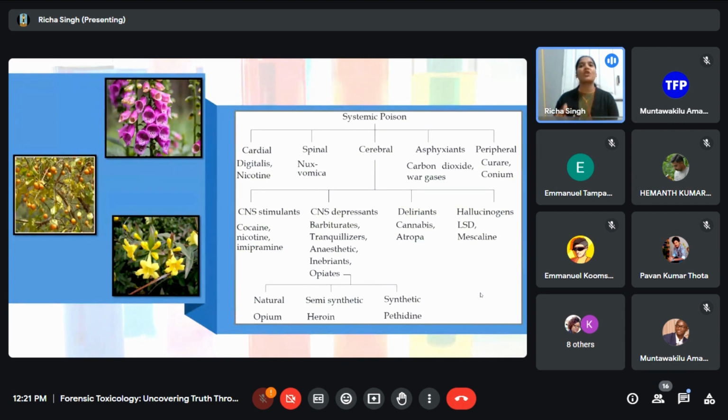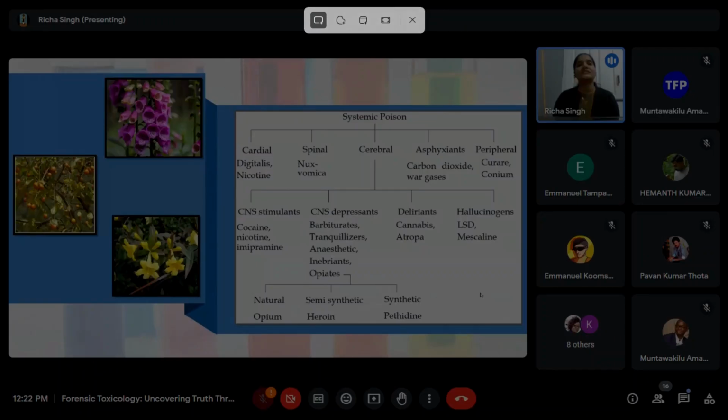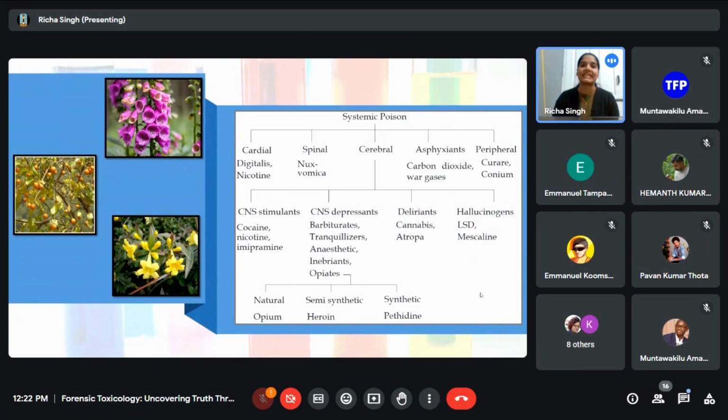The cerebral poison has a very broad classification. The first one in that category is CNS stimulant. What do we understand by CNS stimulant? It is the drugs which basically stimulate or give an up effect to our CNS, or the central nervous system, like cocaine, nicotine, imipramine, etc. Then CNS depressant, which basically gives a down effect or depresses our central nervous system, like barbiturates, tranquilizers, alcohol,